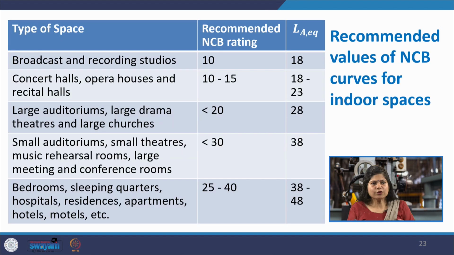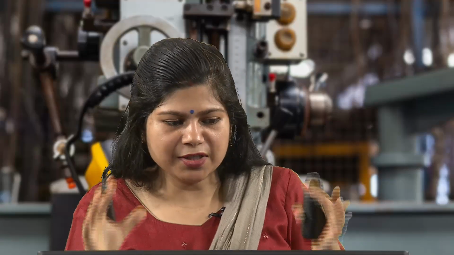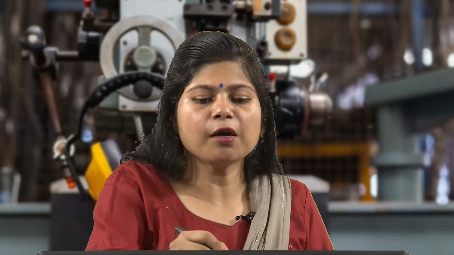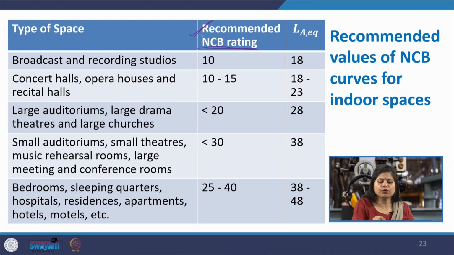So, I would like to close this lecture with a quick discussion and a table that gives you some of the recommended NCB ratings. Acousticians recommend that this should be the typical NCB rating of an environment. For example, broadcast or recording studios, because you are recording sensitive sounds, you want to ensure that you have the least noise. So, very high signal to noise ratio, and hence you need the lowest NCB rating of 10. In various concert halls, opera houses and recital halls,